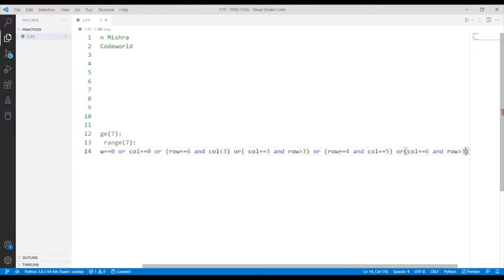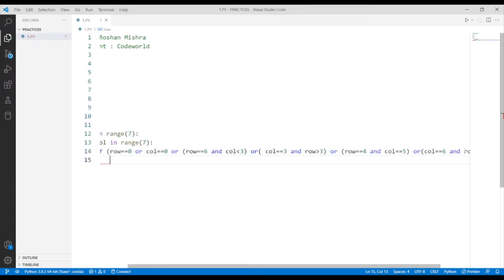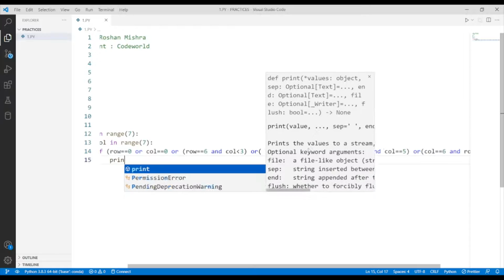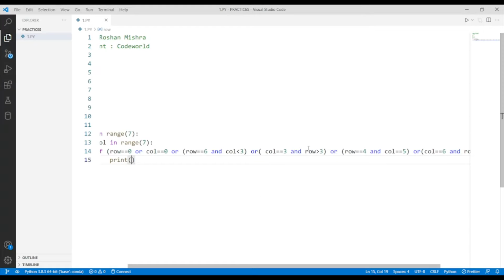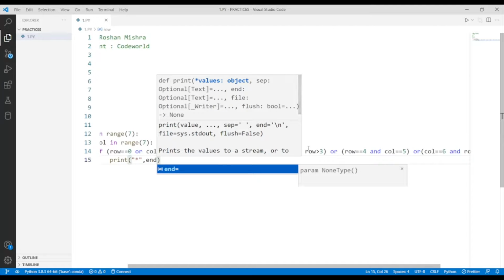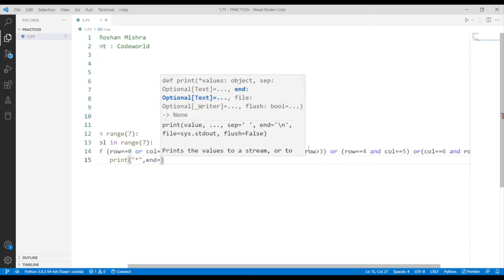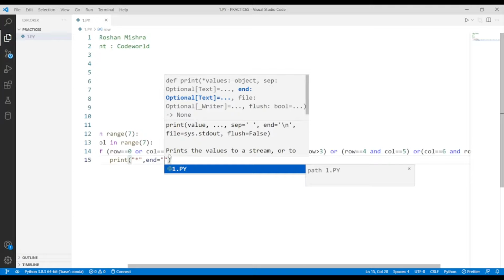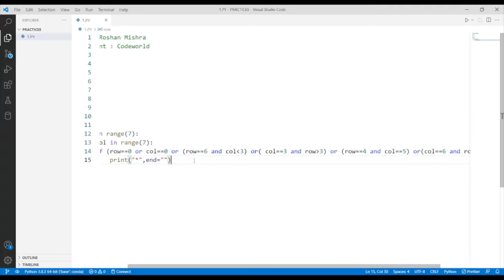Okay, I hope it is visible, now it is visible with this much. So if all these conditions are true, then we want to print a star. And I am using this end. Why do we use this end? Because it prints all the pattern in a single line.